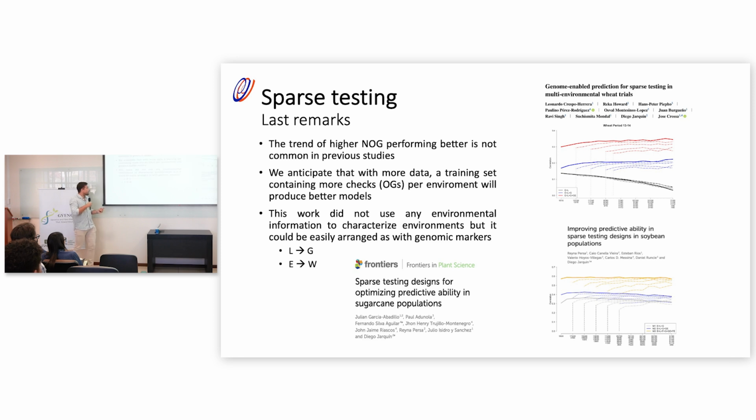And in this study, we just use markers to relate lines, but if you have environmental covariates, it will be possible to have an E term, which is just the environment, but also a W, which is kind of the kinship matrix for environments, to try to improve the model a bit more by giving context about the environments. And yeah, this study was published some months ago, so if you want to check it, it's that one.